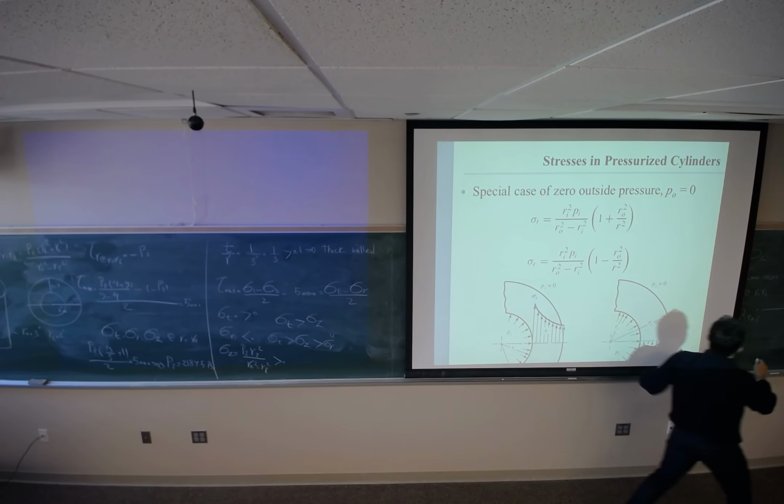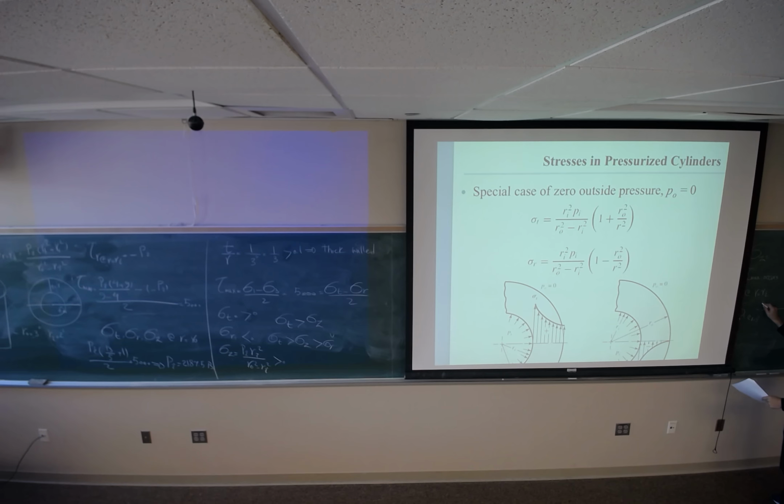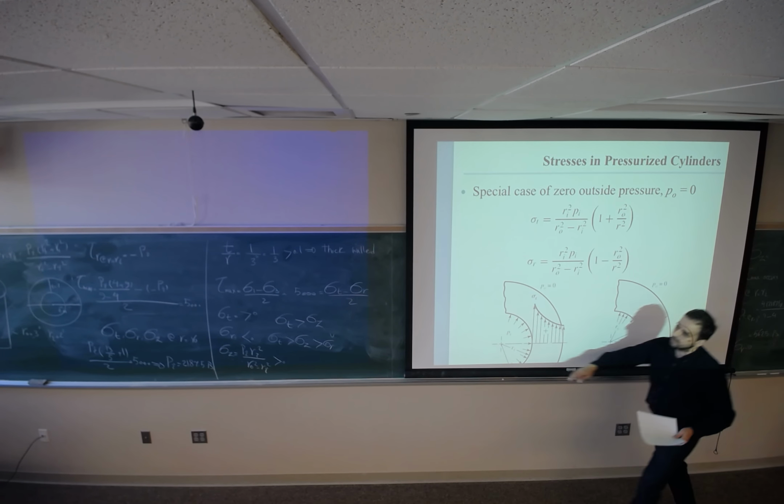R_i is 2, which is 4 squared. P_i is 2187.5 divided by 9 minus 4, multiplied by 1 plus 9 divided by r, where r is R_o, which is 9. This is going to be 2. So the tangential stress is going to be 5,625 psi. Sigma_R is 0, and sigma_Z,